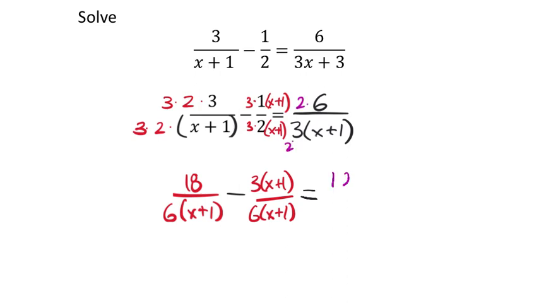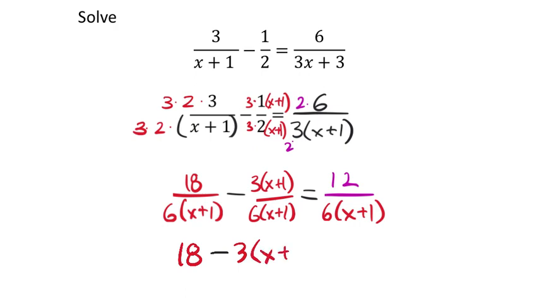So now it is 12 over, again, we've made that 2 times 3, that's 6, and then we have the x plus 1. I've kind of purposely put that in red so that we can see that these denominators all match. But because they all match, now I can rewrite this just with the numerator. So then now it's 18 minus 3 times x plus 1